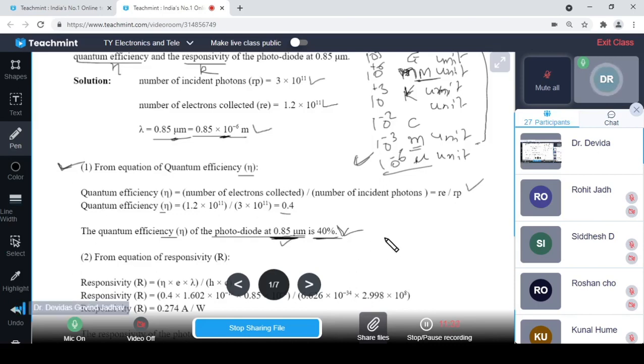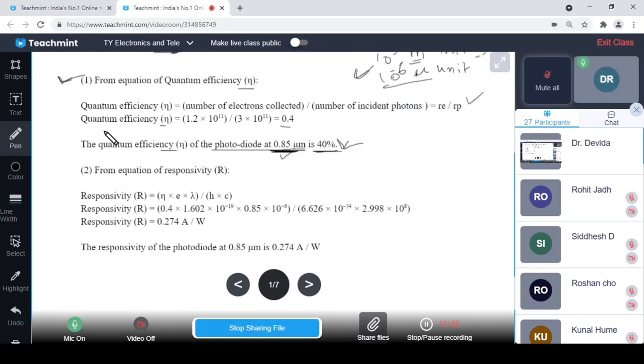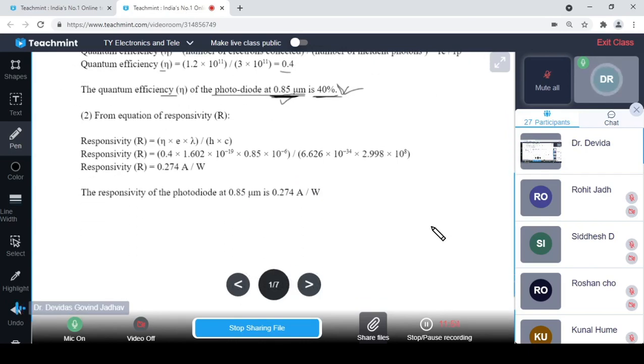We have determined the quantum efficiency eta of the photodiode at 0.85 micrometer as 40%. Whatever number of electrons collected out of the number of incident photons, that ratio 1.2 upon 3 is 0.4, that is 40%. Now second is